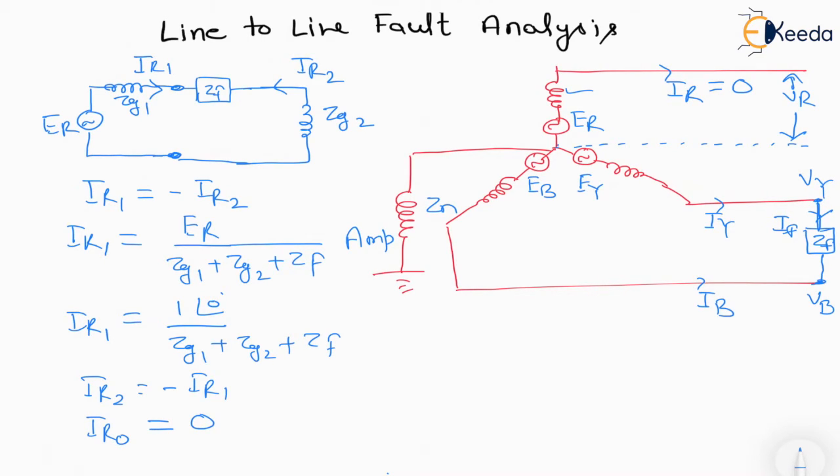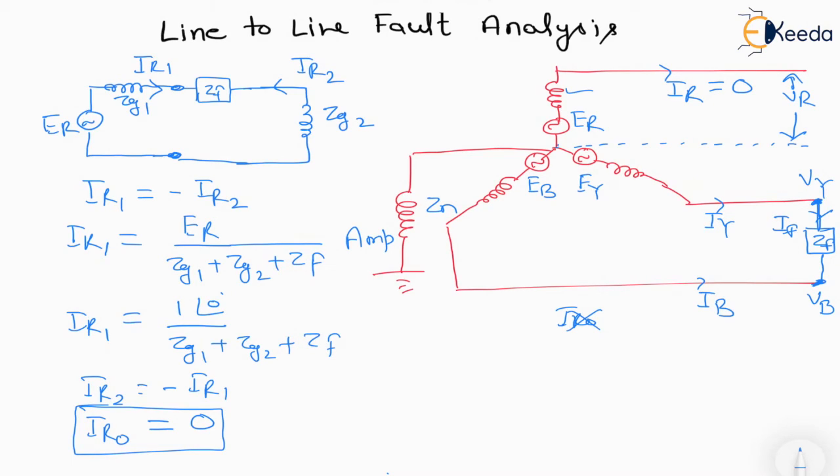We calculated it, and we can also see from the diagram, if you look clearly, the short circuit is happening between phase Y and B. Let us assume we have an open-load generator, meaning R phase is open, Y phase is open and B phase is open. Nothing is happening. A conductor comes and a short circuit happens between Y and B. Still we do not have any return path for the zero sequence current to flow. This is between phases, so the return path is not possible. So IR0 will not flow. So IR0 is equal to 0.